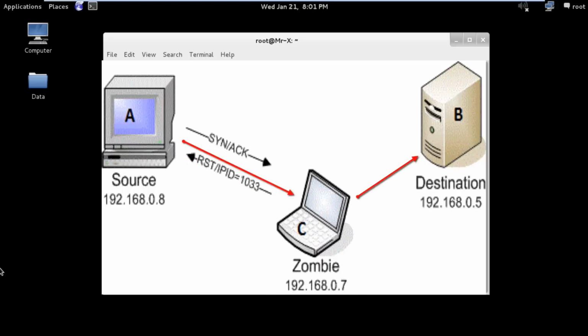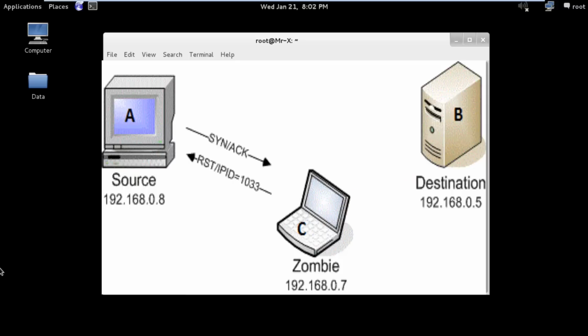A sends a SYN flag to one of B's ports asking for a connection, using C's IP address. B responds to the relevant IP address, that is C, with a SYN plus ACK packet if the port is open. Else, if the port is closed, it will send back a reset or nothing at all. A asks to communicate with C one more time to read its IP ID again. If the IP ID is 1035, increased by 2 since the last transmission, then the port is open, assuming that B responded with SYN plus ACK back to C.